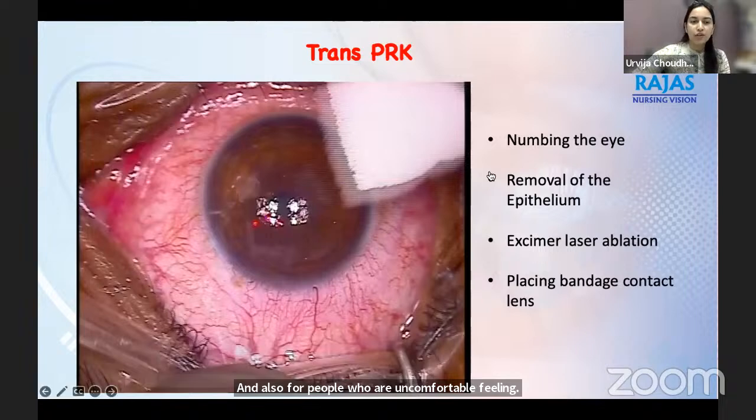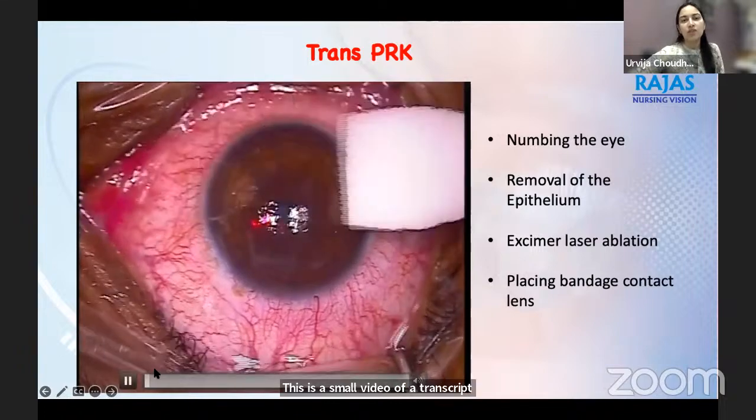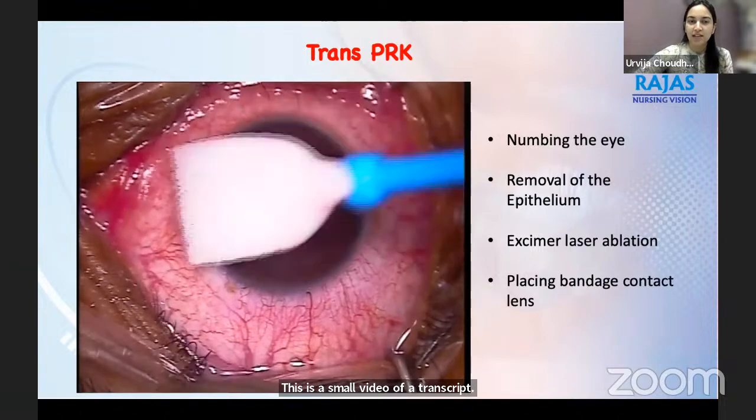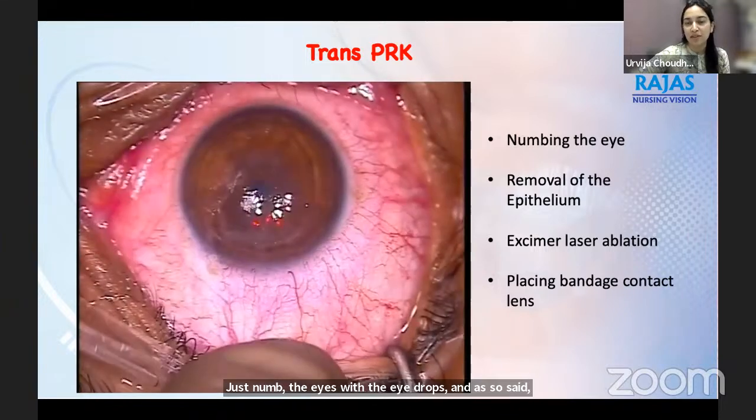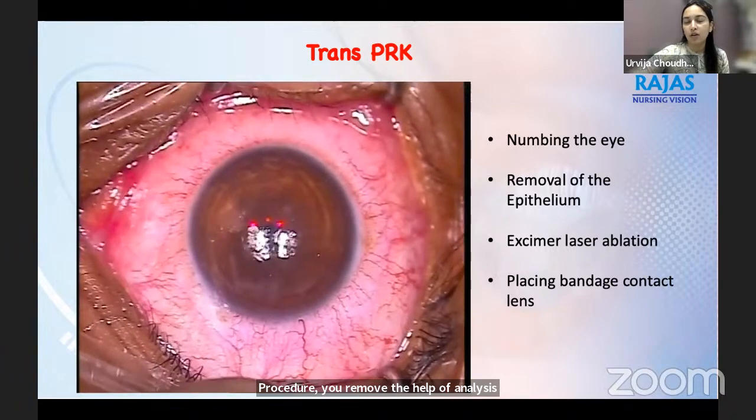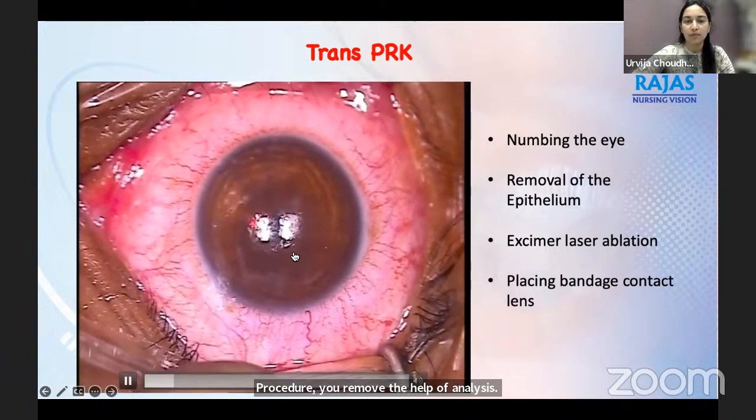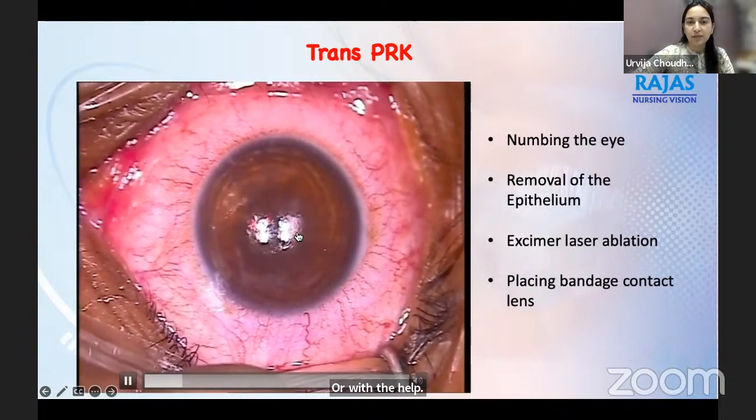This is a small video of a trans PRK procedure. You just numb the eyes with the eye drops, and as Sir said, PRK is just a one-button procedure. You remove the epithelium with the help of an alcohol or with the help of a trans PRK, that is with a laser. So here, first, the